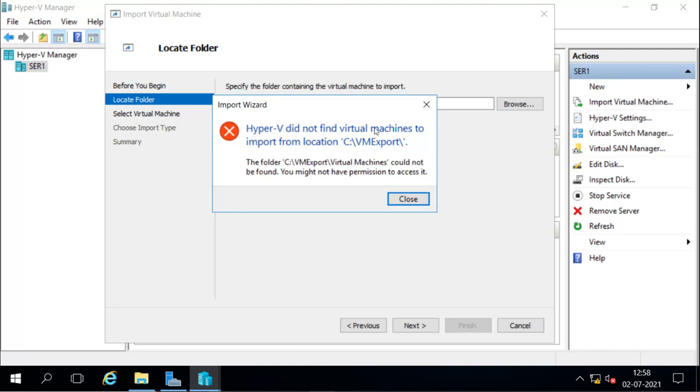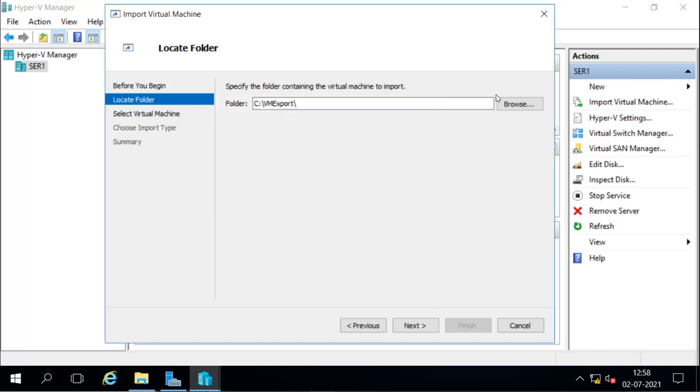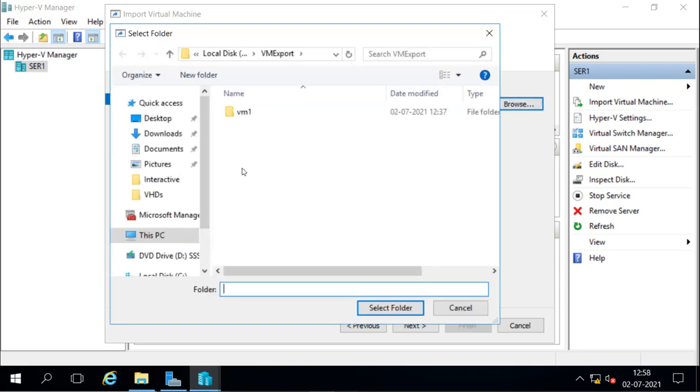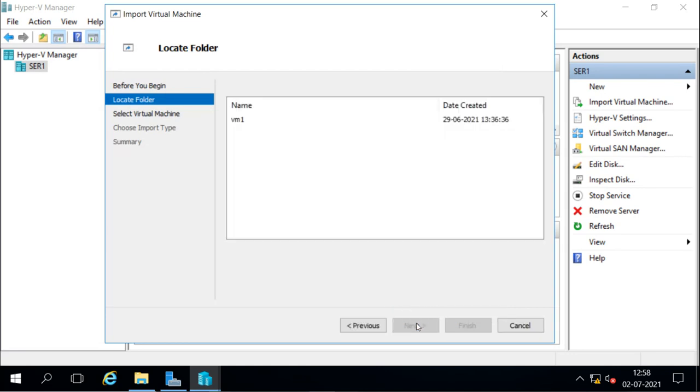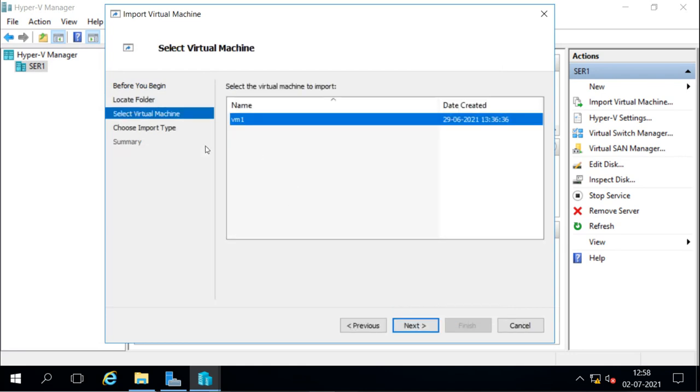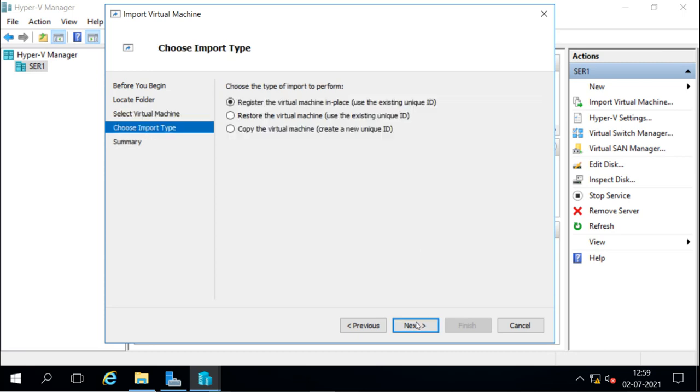Then next, it says it did not find a virtual machine, so I have to select a particular one. I will select under this VM1. So it has that machine there. The machine name is VM1, and this is the date and time it was created. So I say yes, I want to import this.